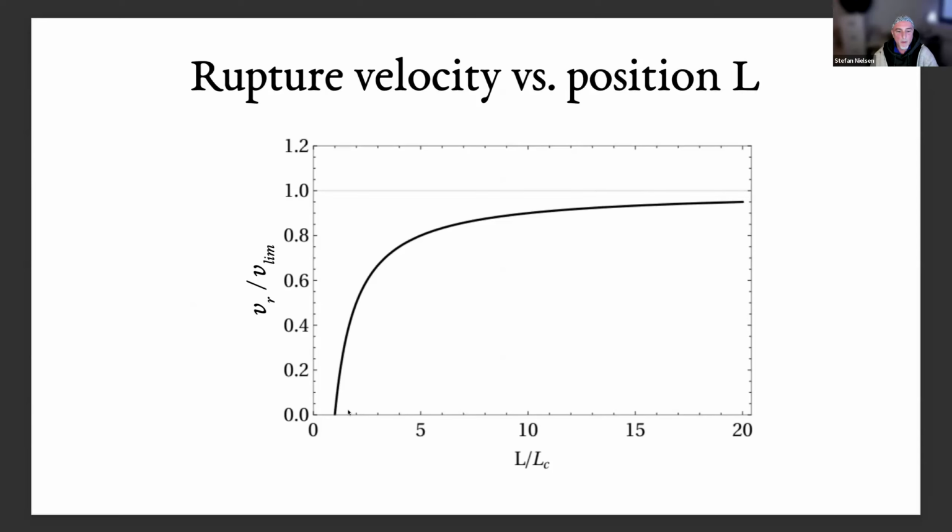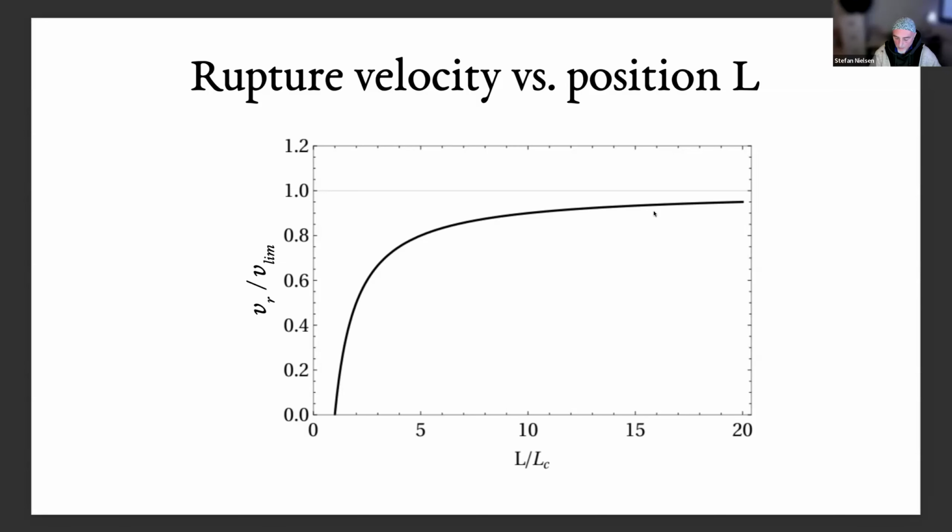So this is how it looks. You start from the critical length, and the velocity then increases. And as the crack lengthens, it tends to the limiting velocity. Everything is normalized here, so the limiting velocity in this case is 1. And the crack length is a function of 1, which is the initial instability length. Good, so this is at least something.